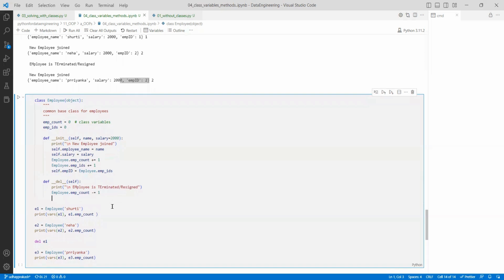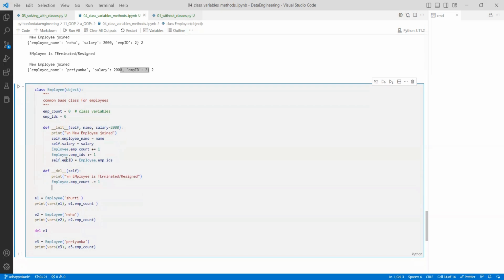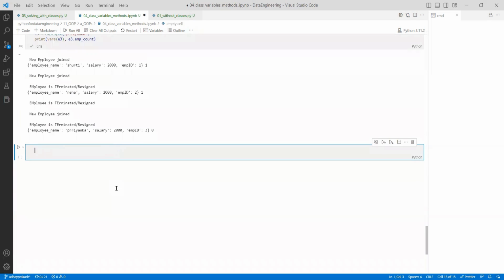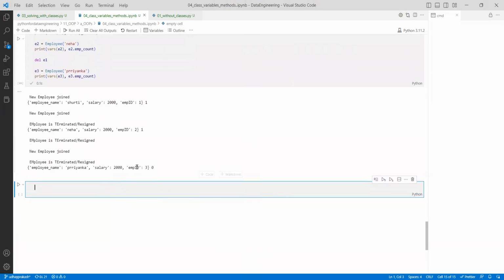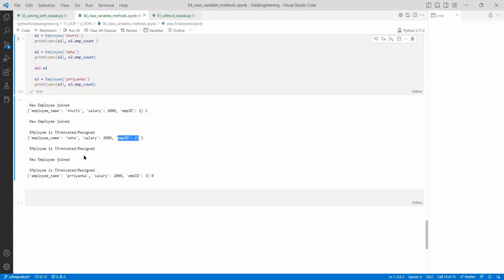But if I give the same ID to two people, it will be difficult. To avoid that, I created two variables now. If I want to get the exact count, I use this one. For IDs, I am using the other one. Now we see here, every employee who is created will have a unique ID. So the total number of employees, whether they joined or not,